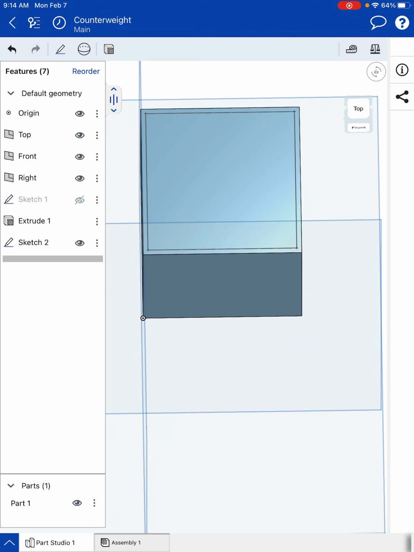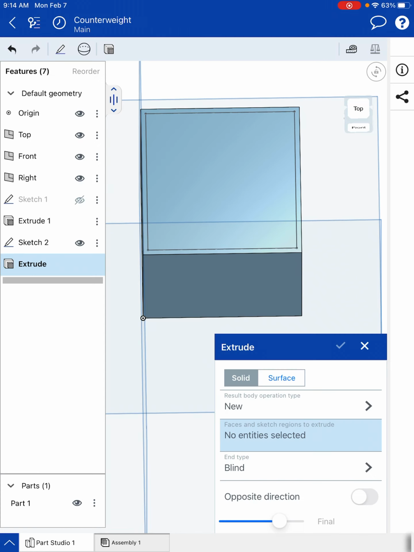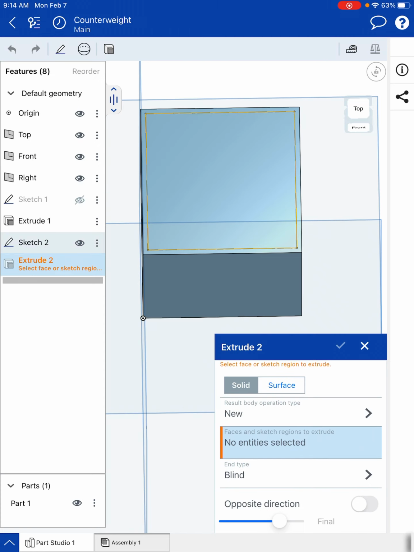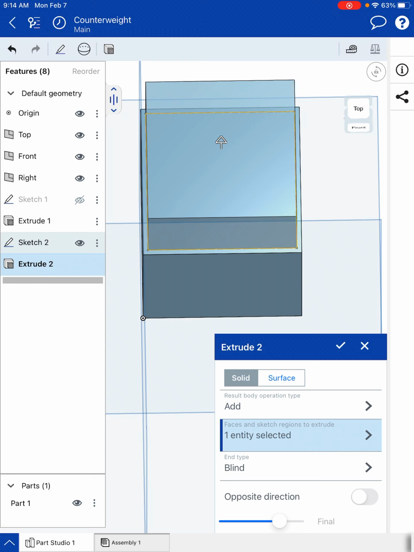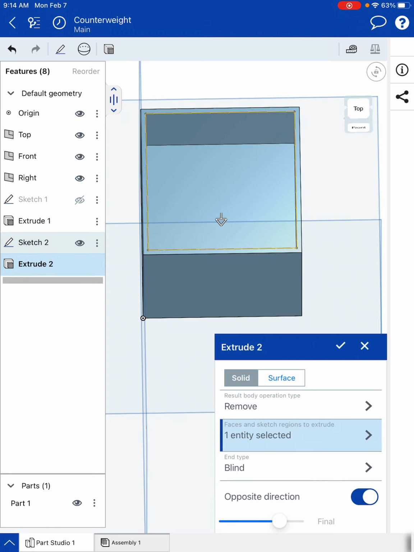And then now I'm going to want to extrude this, so I'll hit the sphere tool in the upper left, click on extrude in the upper left, select that inner profile that I want to cut into there, and instead of add, we haven't done this before, use remove. I want to leave a 1/16 of an inch at the bottom. So whatever the depth of your counterweight is, take that number minus 0.0625. So mine is 2 inches in depth, so I'm going to take